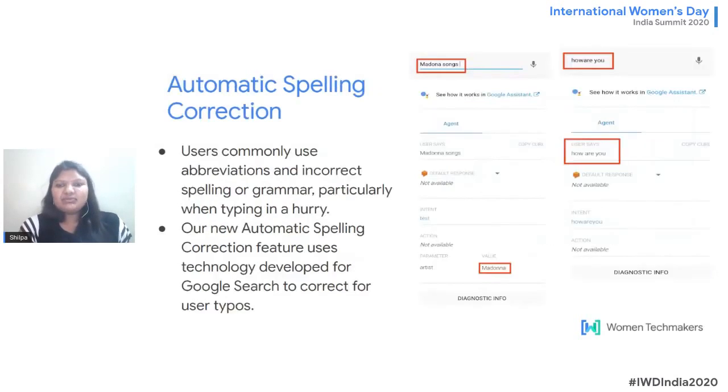The next feature is automatic spelling correction. How this works is, as we all know, we have seen spelling correctors in many formats. Whenever we type anywhere, even on Google Hangouts, we see there is a spelling corrector. When we are typing in a mail, we see there are many spelling correctors, right? So Dialogflow is also coming up with this feature, automatic spelling correction. What it offers is, if you write something wrong, it will automatically correct it and give you the answer with the corrected format. So that's how you can use it. It will correct your typos, including commonly used abbreviations and incorrect words.